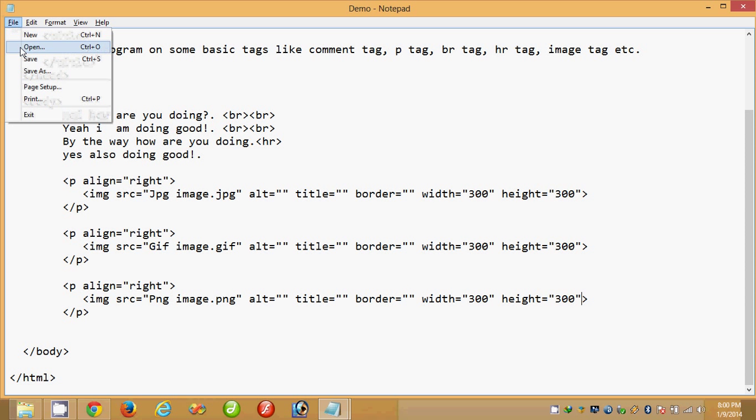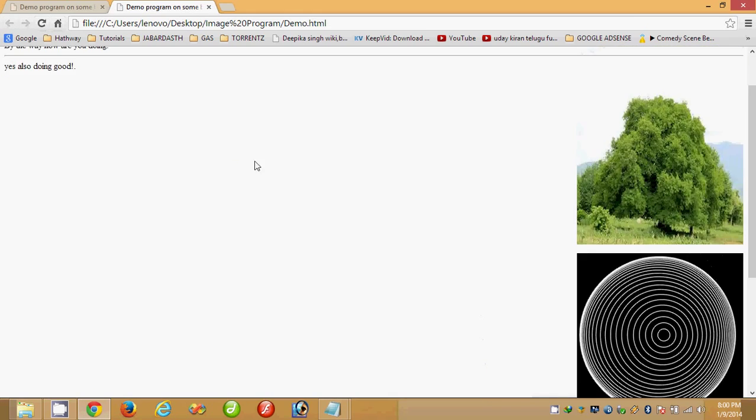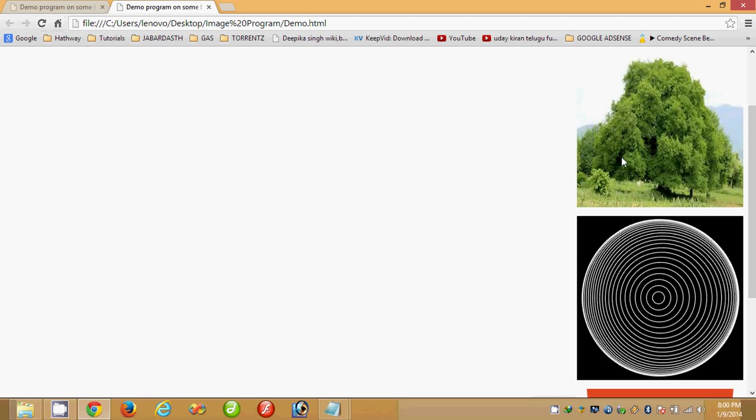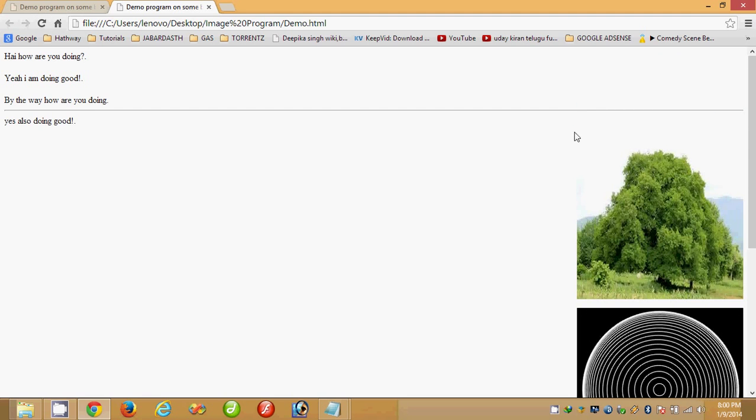Now I will save this one. We'll check it on the browser once again. Now we got all the images. See, this is the JPEG image which is having a border